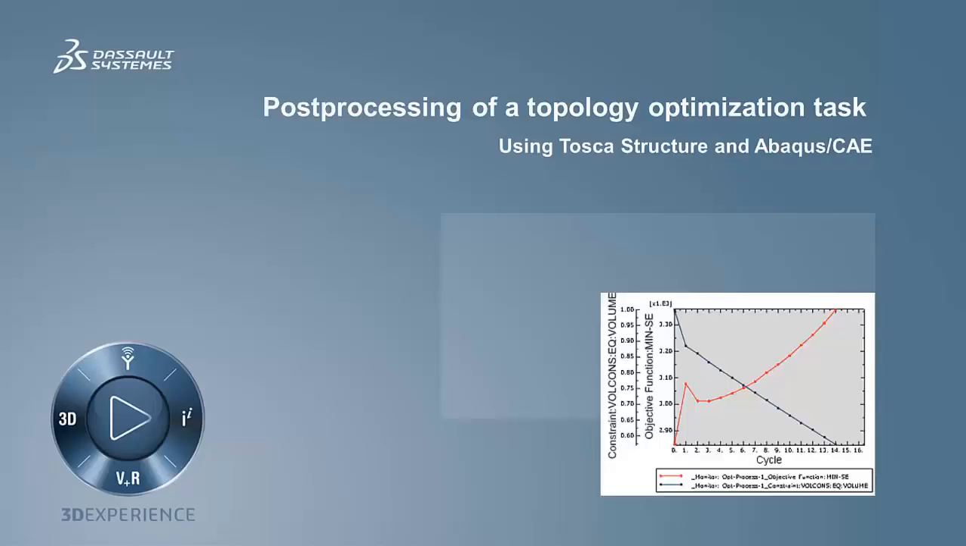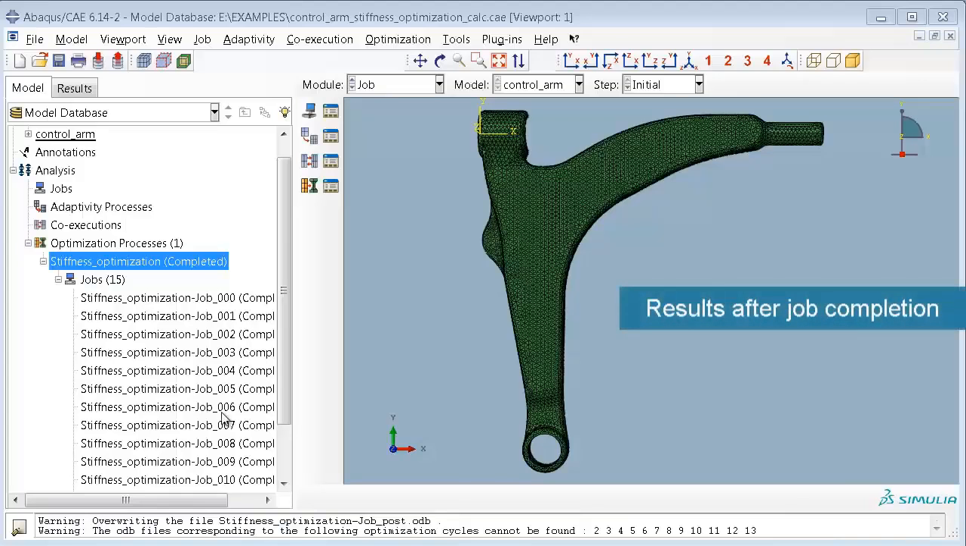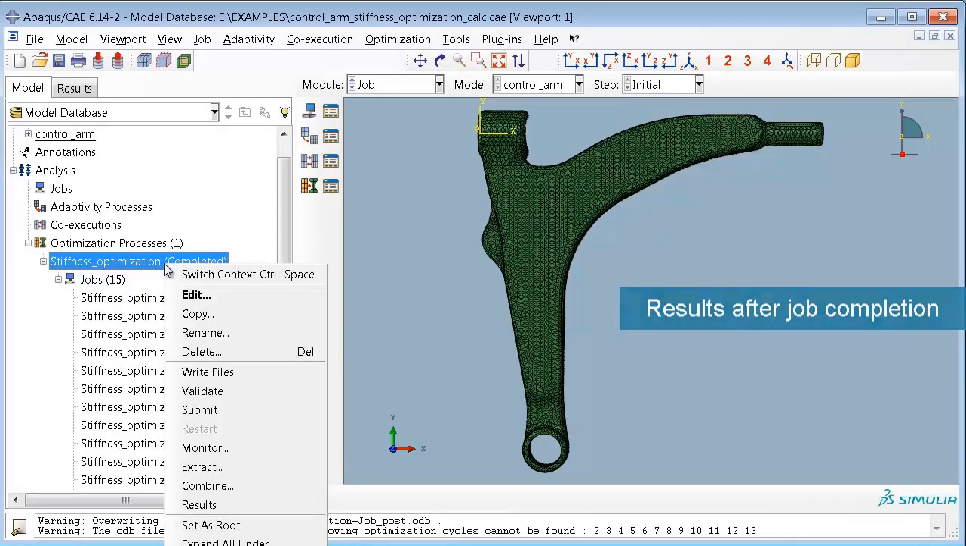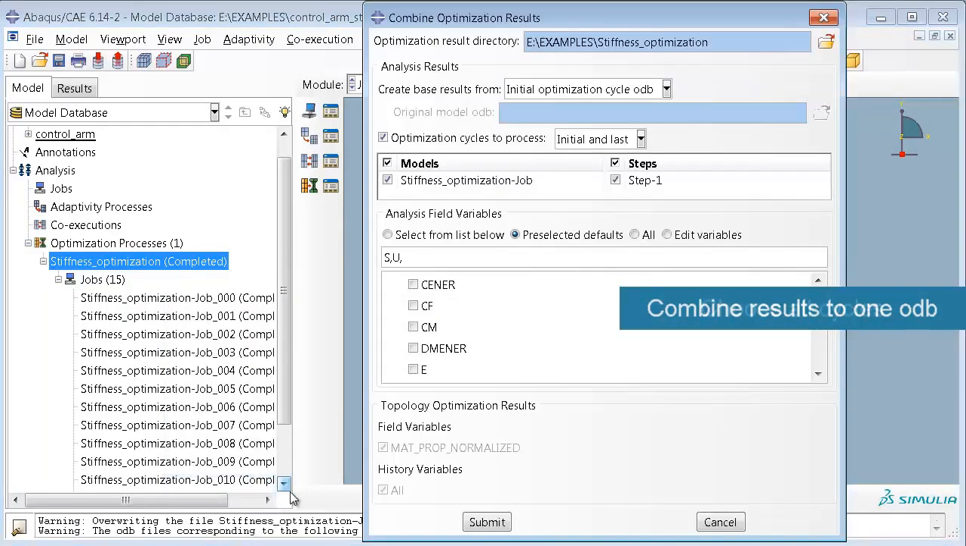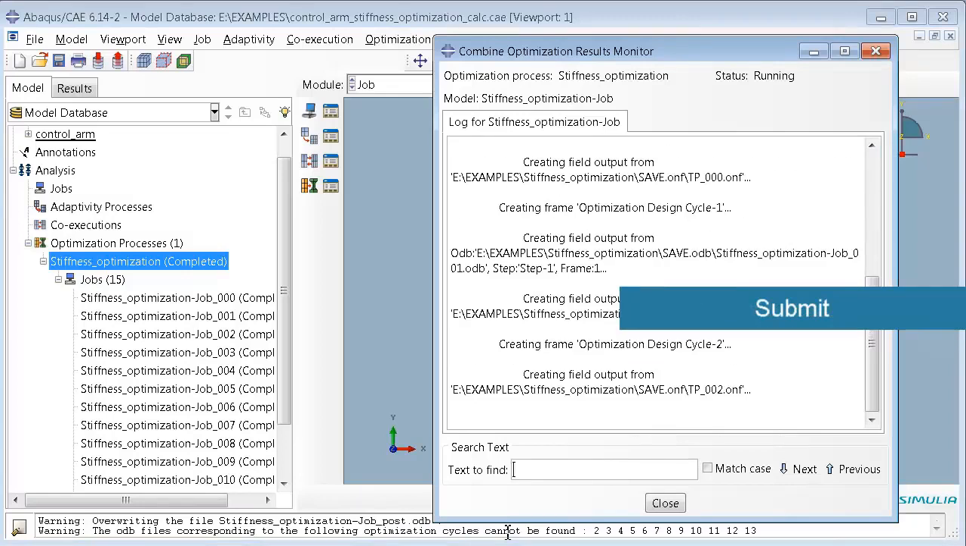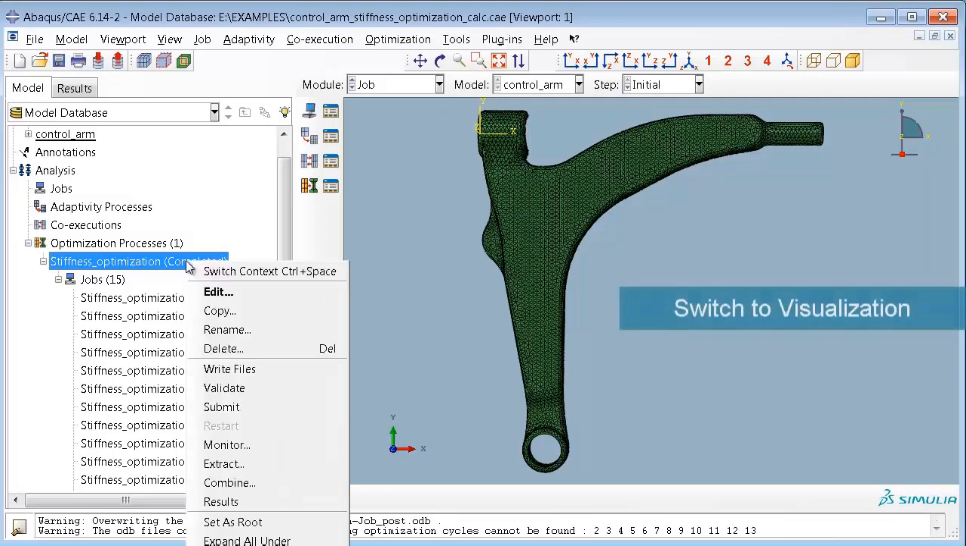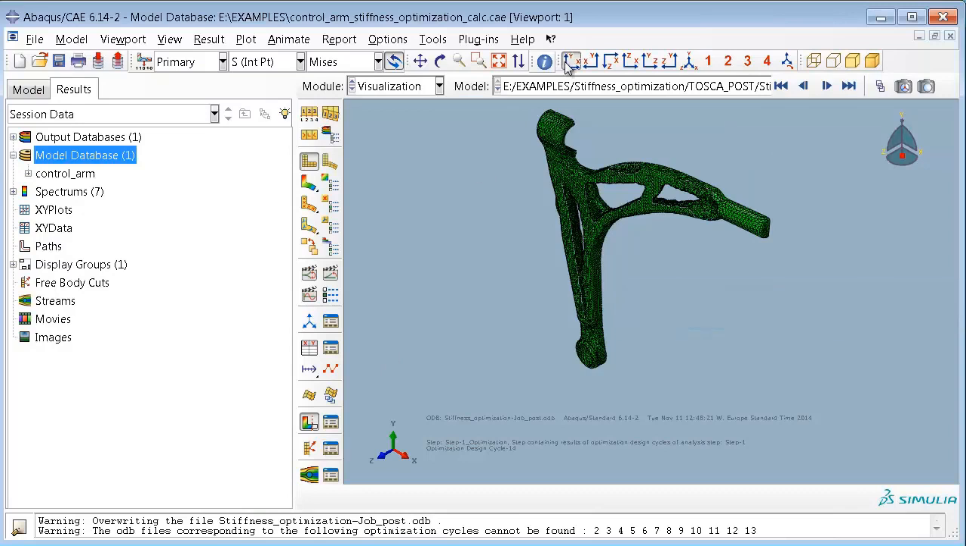Now let me show you how to post-process your optimization results. Once your topology optimization is completed, there are several result files available for each optimization iteration, and you have to combine them into one single ODB file for easy post-processing. Choose all optimization cycles and the results you're interested in. The Tosca optimization results are pre-selected already. Then the combination takes place, and now you can switch to result visualization and post-process your results